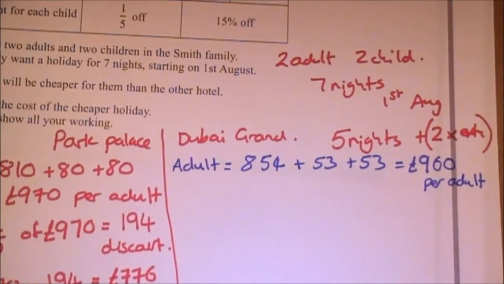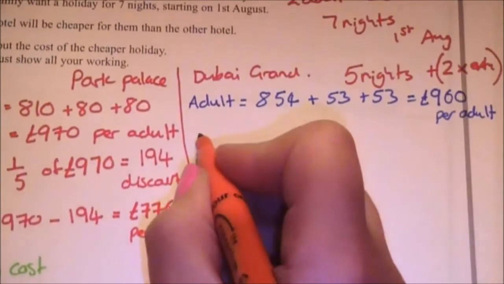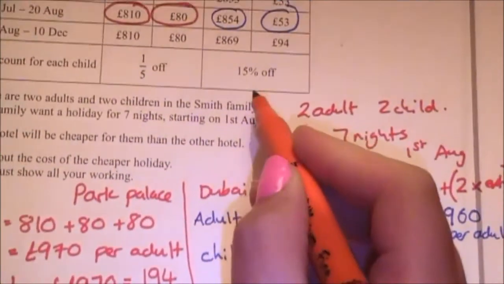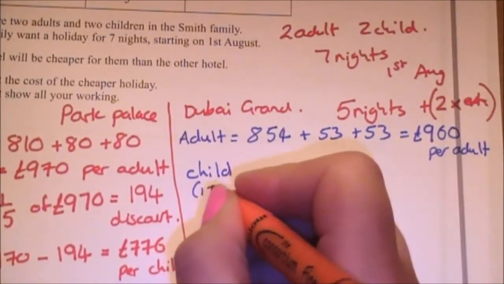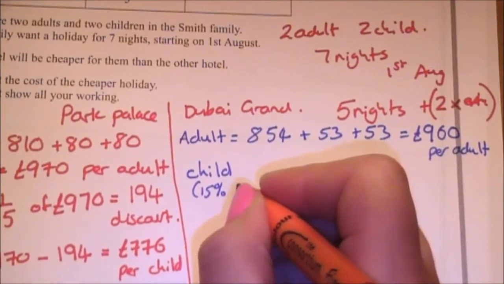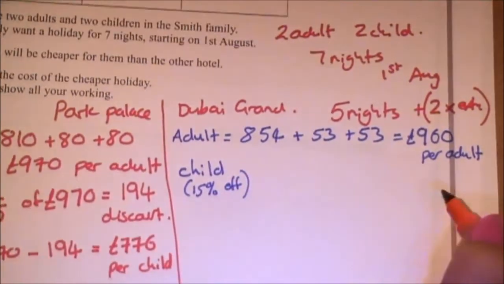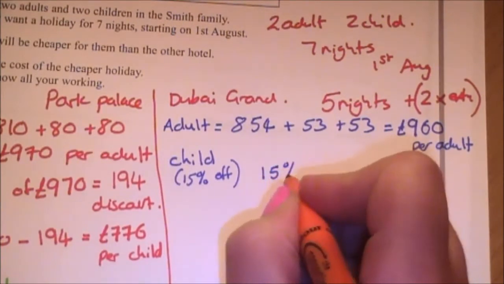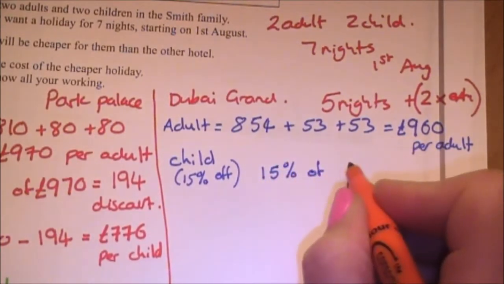So it's £960 per adult. Now let's find the child cost. And the discount is 15%. So I'm going to make a note here, 15% off. So the first thing I've got to do here is actually find 15% of